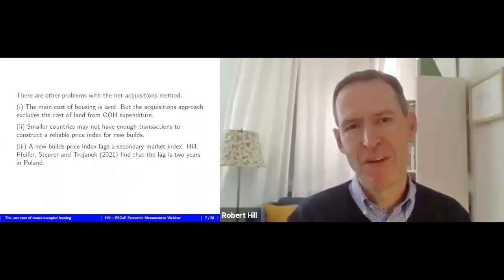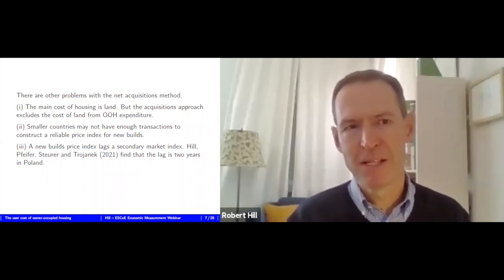But I would add that there are some other problems with the net acquisitions approach. I think it's problematic that it excludes land from OOH expenditure. From most people's perspective, land is the main thing with housing. So you'd end up with a relatively low expenditure share. The ECB has estimated maybe 9% of the CPI if OOH was included using a net acquisitions method. Other problems are that smaller countries may not be able to construct a reliable price index for new builds because they just don't have enough new builds